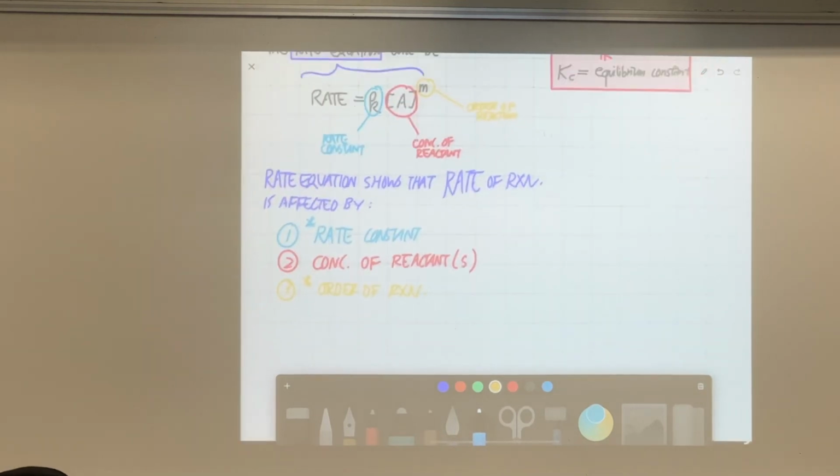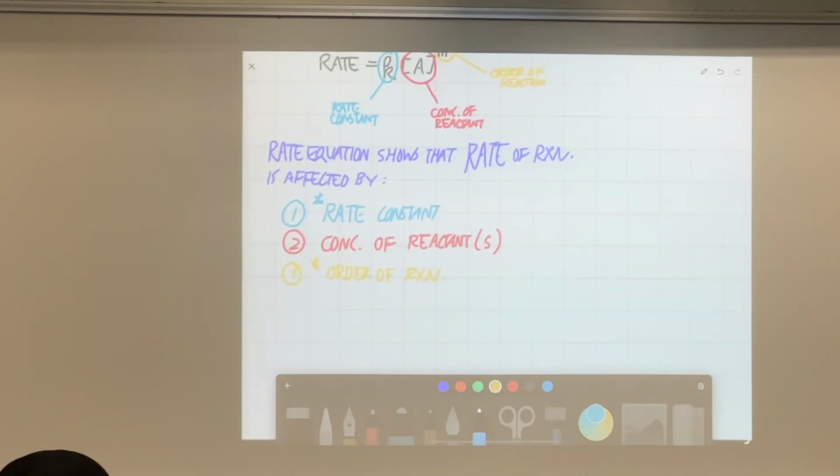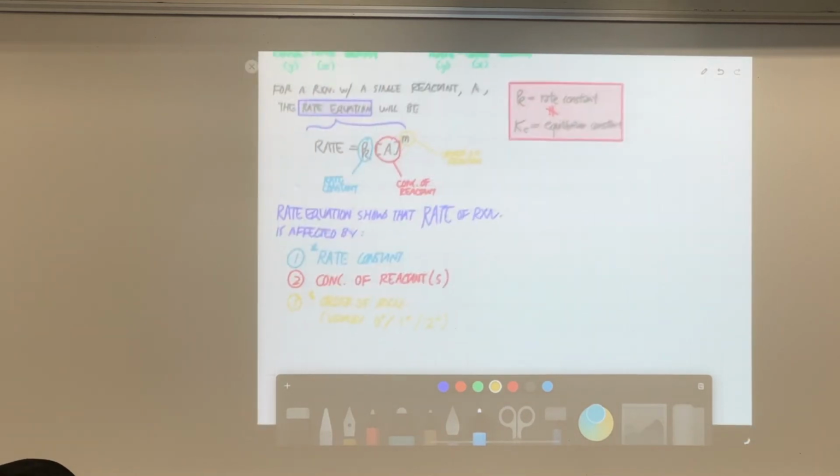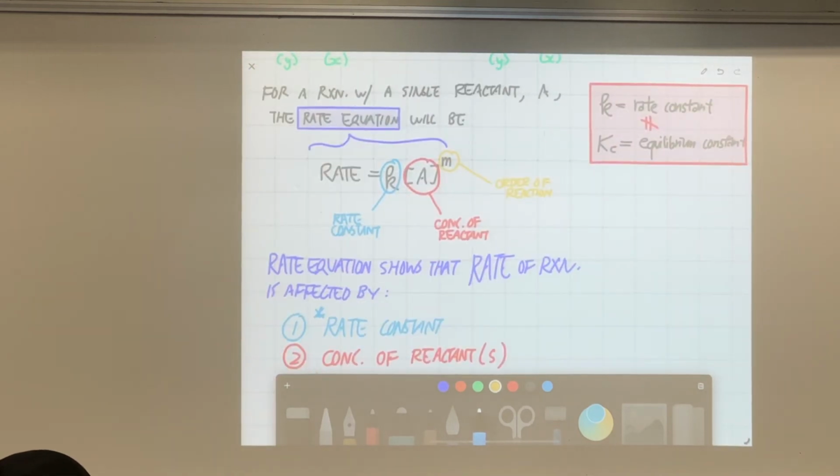Now let me start by introducing you to the order of reaction. We have three different types of order of reaction. It can be zero, first, or second. Zero order, first order, or second order. So these are called the order of reaction. Let me explain to you what order means on the side, but you have to put down this equation first.